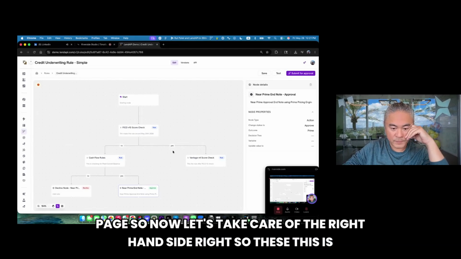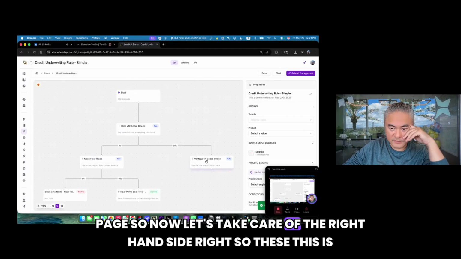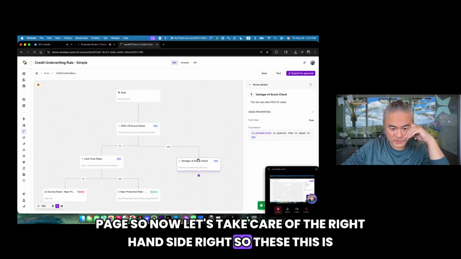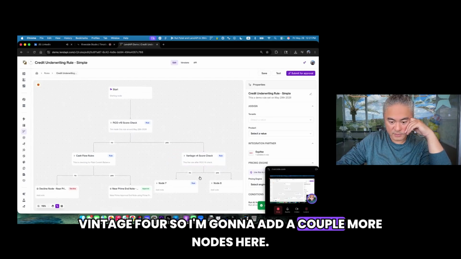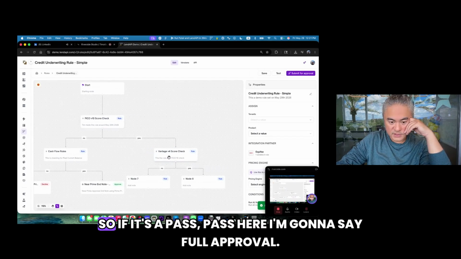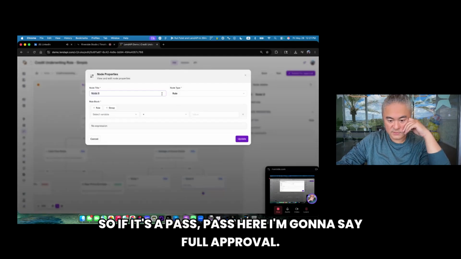Congratulations page. So now let's take care of the right hand side, right? So this is essentially now the happy path. So if it passes FICO 10, it passed Vantage 4. So I'm going to add a couple more nodes here. So if it's a pass, here I'm going to say